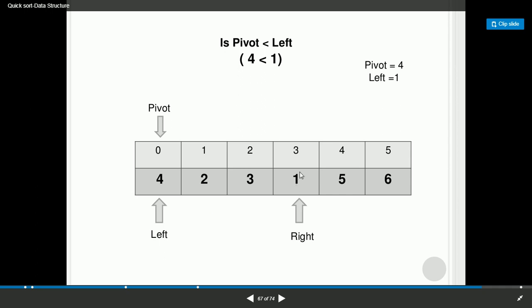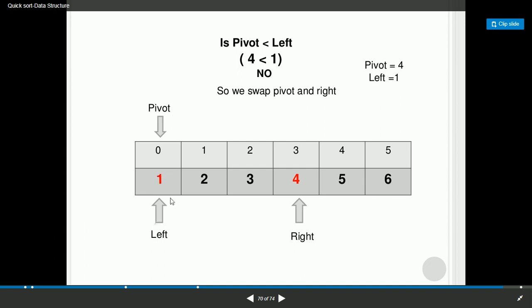So here this is the left subarray. Now index 0 is pointing to the left and index 3 is pointing to the right, and index 0 is pointing to the pivot element. Again we compare. Is pivot less than left? 4 is less than 1? No, this is not satisfied. So we will swap the element 4 with the element at index 1.